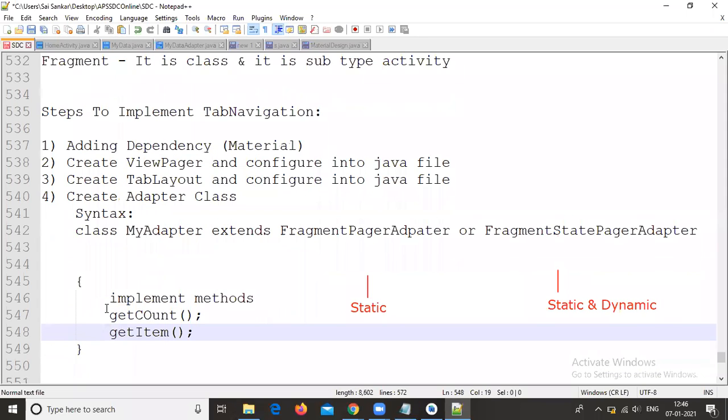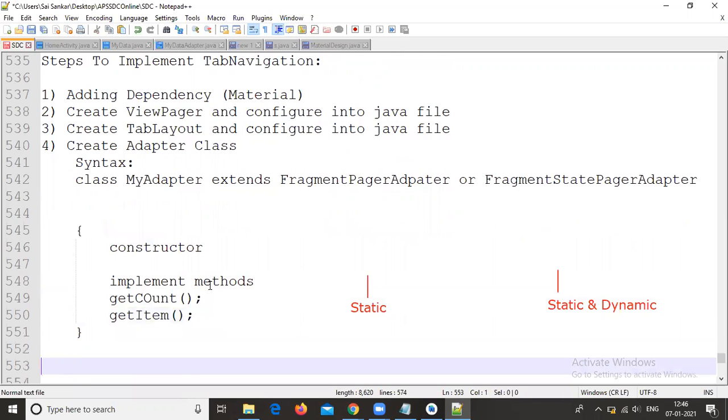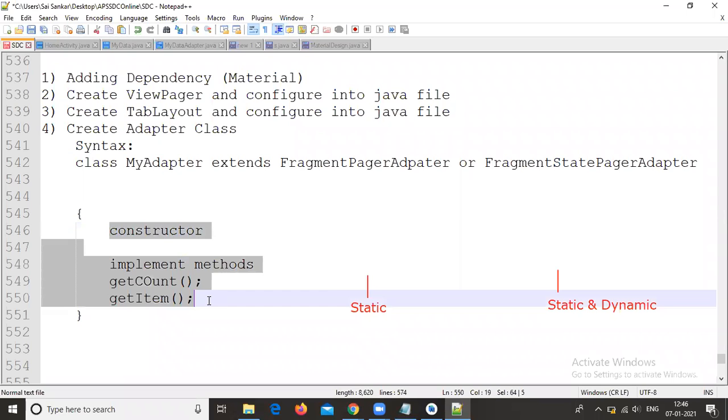These are the two methods we need to implement, and along with these two methods we need to create one constructor. So these are the functionalities we need to implement inside this adapter class.